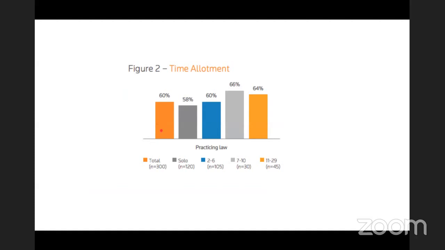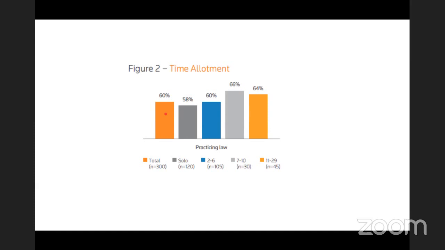What's interesting about the Clio report, I like to pair this with the Thomson Reuters solo report. The links to these documents are in the slides as well. I'll make sure that they're in the practice law library for everyone. But it's interesting when you ask attorneys, and this is a smaller set of about 300 attorneys in the solo to small space, whereas the Clio is thousands and thousands of attorneys and it's actual data from different size law firms. But I strongly suspect that this has to do with